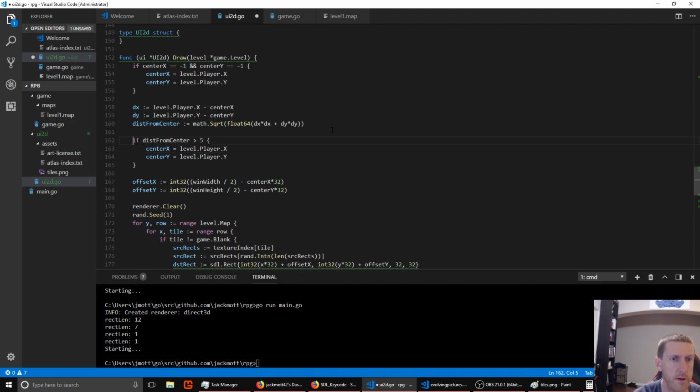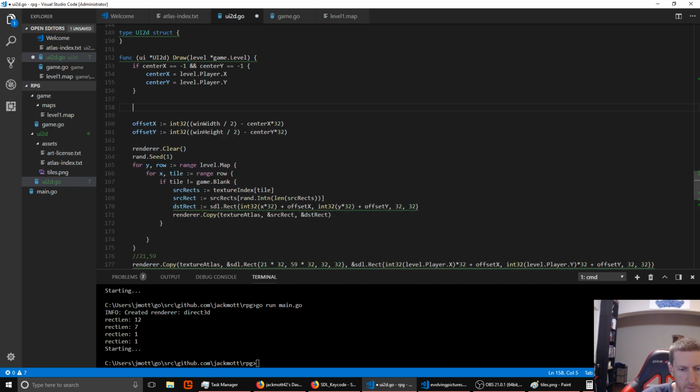Okay, so if our distance from the center is greater than 5, we just want to adjust by 1 rather than moving the center completely. So we need to see which way it's off from the center. So maybe we don't want to do a distance calculation after all. Maybe we just want to do it like this. So we'll say if